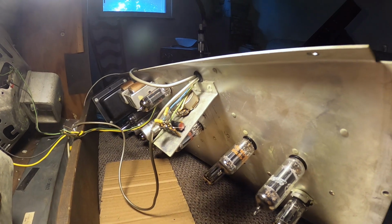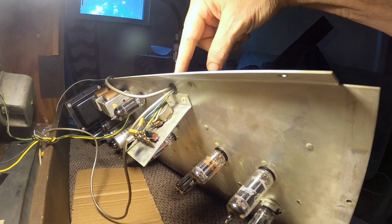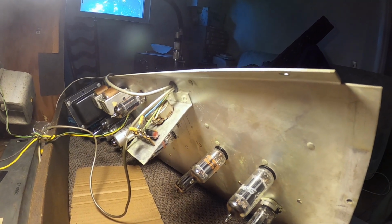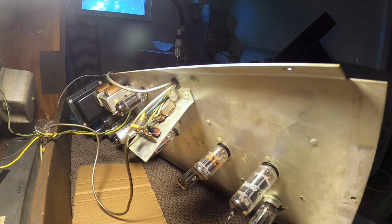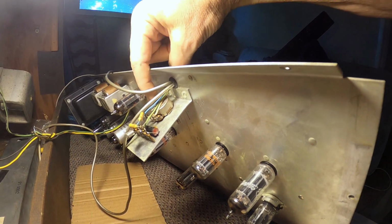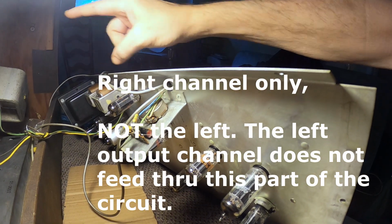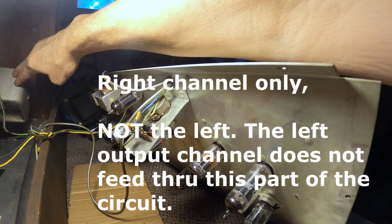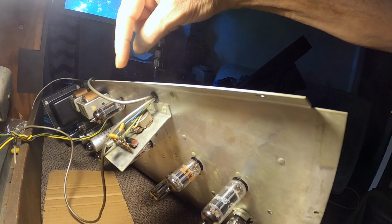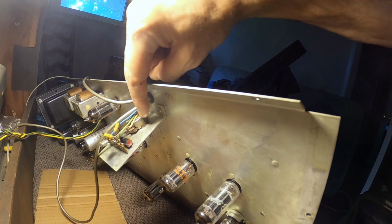I had to sit there and really study it a while before I figured out that this circuit somehow comes in off of the reverb and feeds to the reverb, and it kind of gives it a stereo reverb effect. It's really kind of weird, but this adjusts the output of the right speaker and the left speaker. See, before all I was getting was the left speaker with just a very, very faint bit of the right speaker. So what was going on was this potentiometer was just having a normal problem that any other potentiometer would have